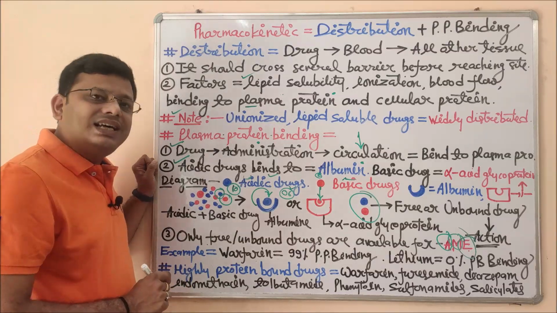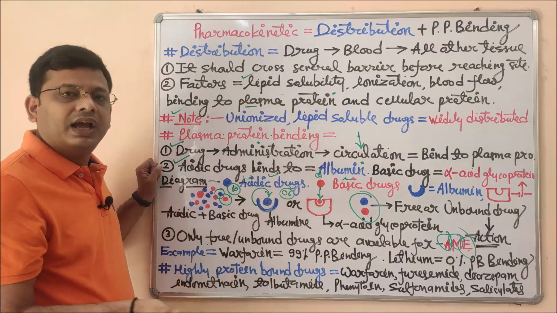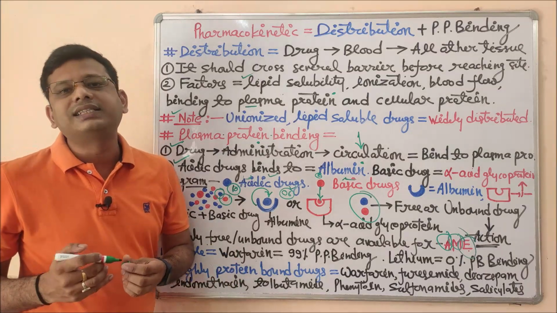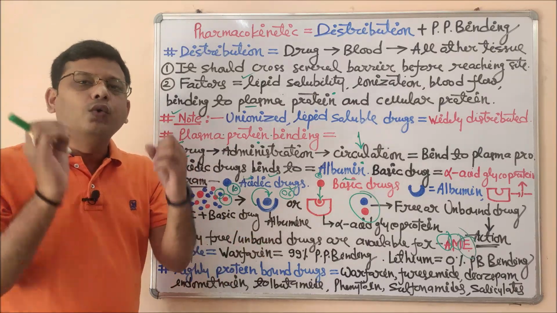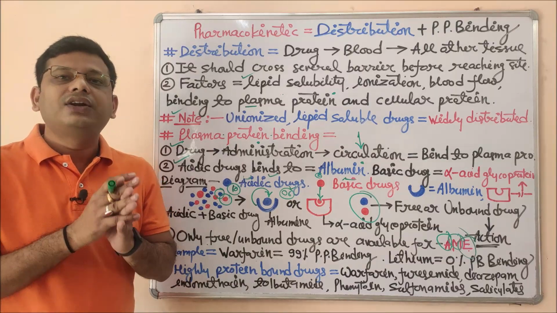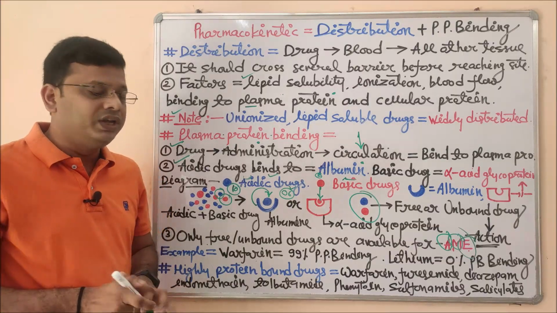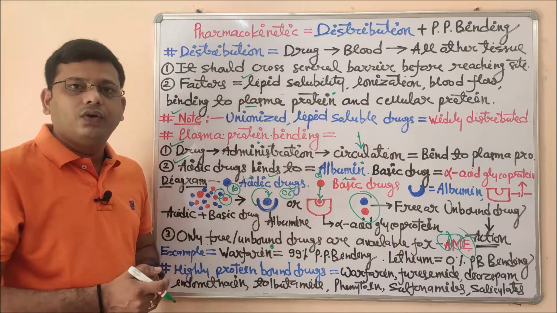Now what is the basic example of a drug which may affect the plasma protein binding? Because not all drugs are the same with respect to plasma protein binding. A few drugs are totally bound to the plasma protein, whereas there are some drugs which are not bound by the plasma protein. So these are very important examples. An example is warfarin, an anticoagulant drug.